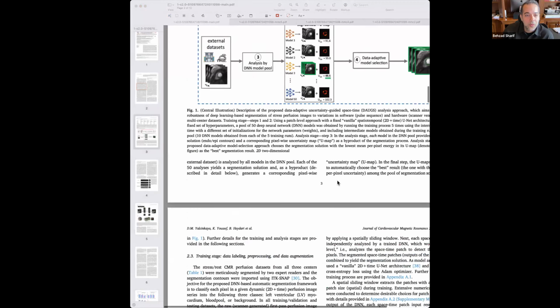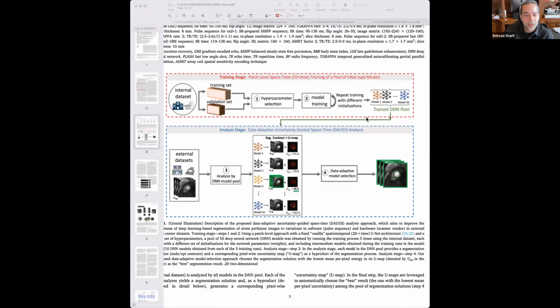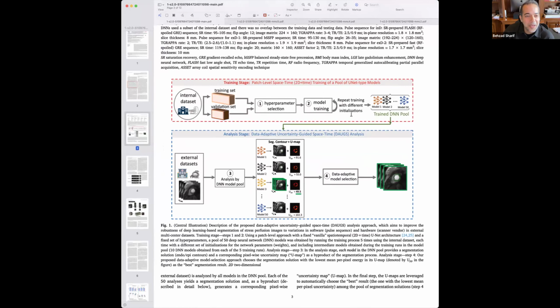So just to briefly go through the overall methodology, I hope I can get everybody's attention so we can go through this. I could start by saying the top row here is the training stage, which is the technical description of what's typically done when you have, say, thousands of examples of myocardial perfusion, ground truth segmented by cardiology fellows and overseen by experts to correct the endo- and epicardial contours, and thousands of image series, from multiple years and multiple different types of scanners.